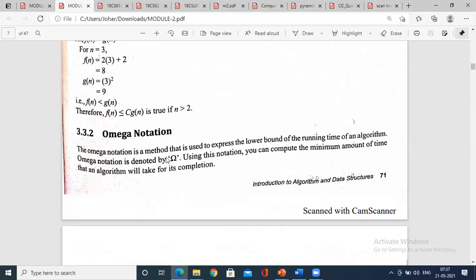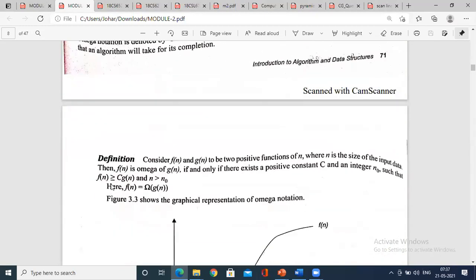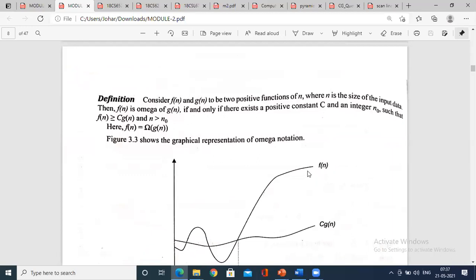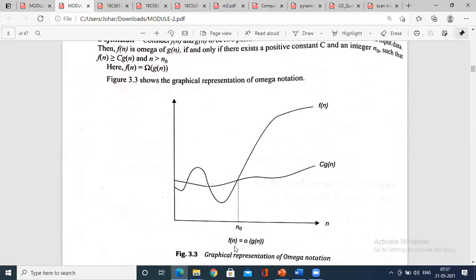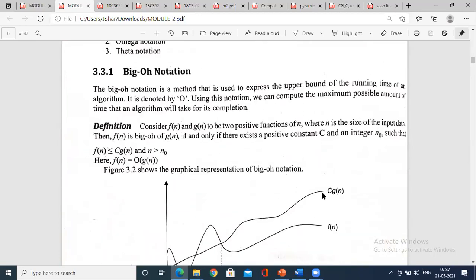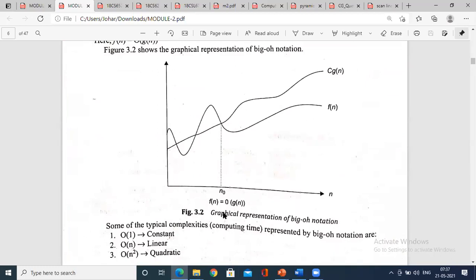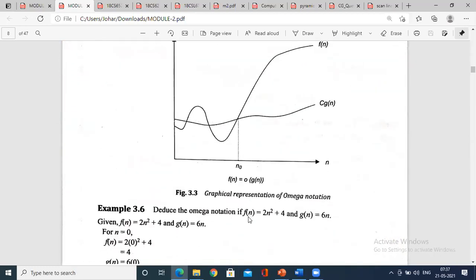Next, omega notation. What is omega notation? It is represented like this. It is a lower bound, so here f of n is always greater than c of g of n. In the graph you have to show f of n is greater than c of g of n, where it intersects. So f of n equals omega of g of n. Similarly, here c of g of n is greater than f of n, where it intersects, and we have f of n equals big O of g of n. Similarly, we are left with the